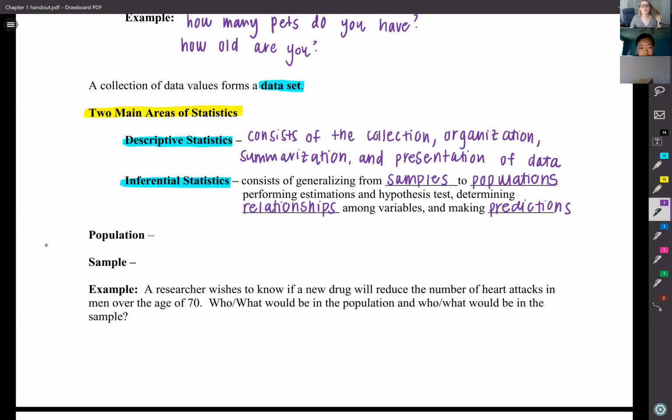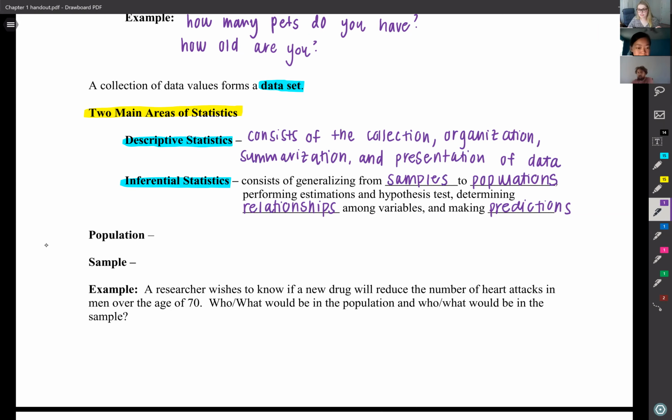So just to give some examples to maybe help you see the difference between these two things. Something that's good to think about with descriptive statistics is maybe something like the national census. When they go out and ask you things like your age, how many people are in your household, they're giving that survey so that they can collect data, summarize it all, and then present it. It's strictly for the purpose of collecting information. It describes what the data was, hence the term descriptive statistics.